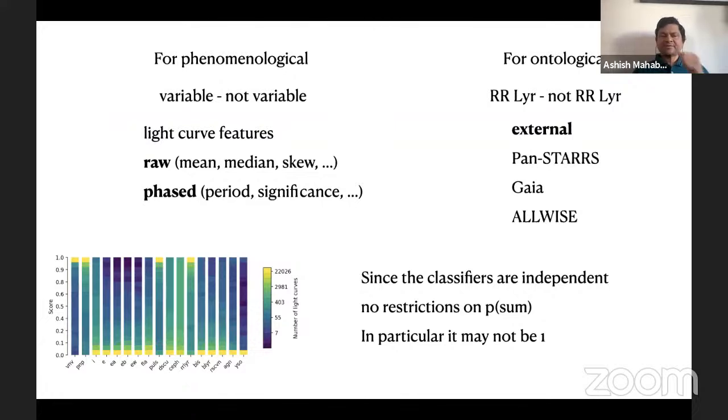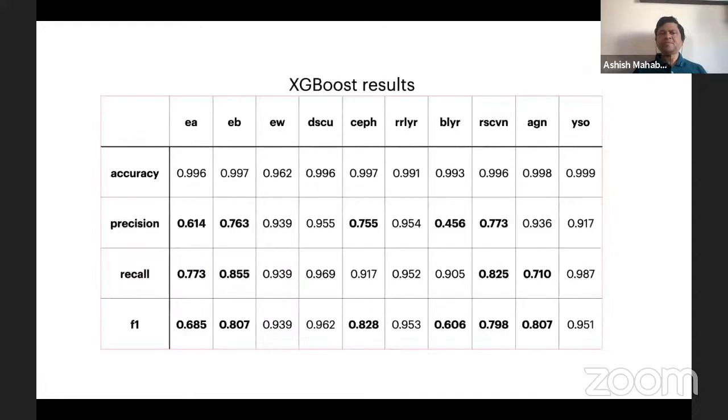And the diagram that is on the left, that is the kind that we build for each classifier then. That shows that, for a given object, what is its likelihood of being of each of these classes. And depending on the grayscale, you can be more or less confident about that particular classification. So this is the XGBoost result, for instance, and I'm highlighting specifically the areas where the precision is smaller or the